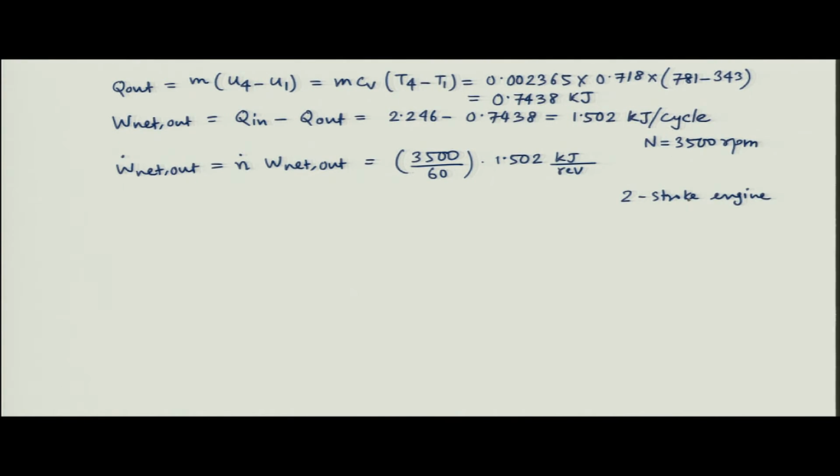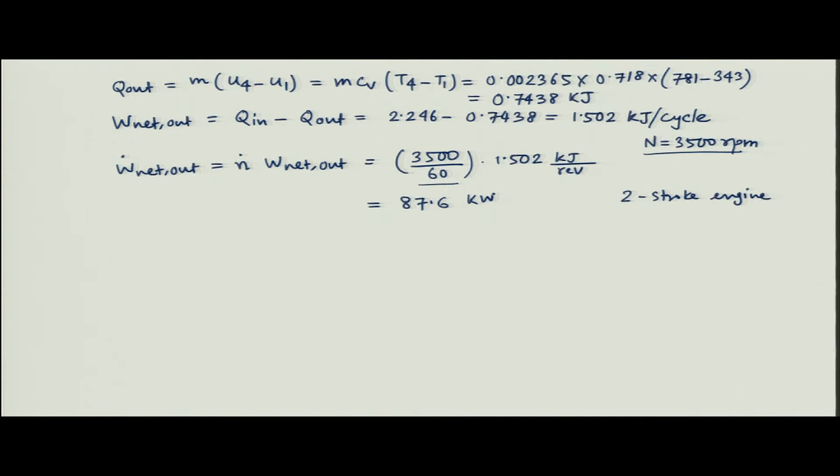So, the number of power strokes will be basically n. And this is 3500 RPM, we have to convert it into RPS, revolutions per second. That is what we have used here, but if it is a 4-stroke engine, then you have to divide it by 2, because for every 2 rotations there will be 1 power cycle. Now this can be simplified and solved, and you will find work done in kilojoule per second or kilowatt. So, this is the net work output for this diesel engine.